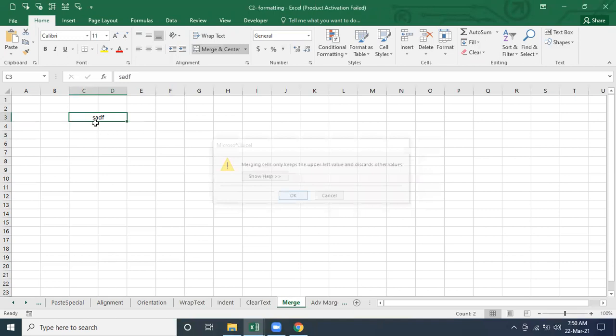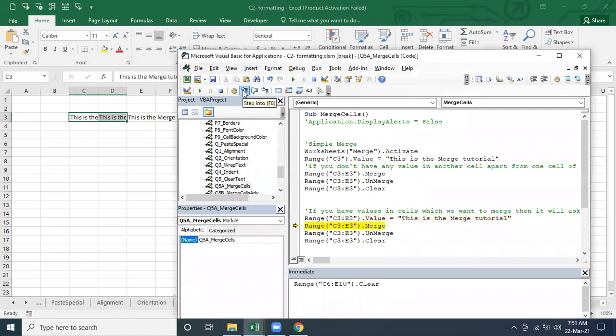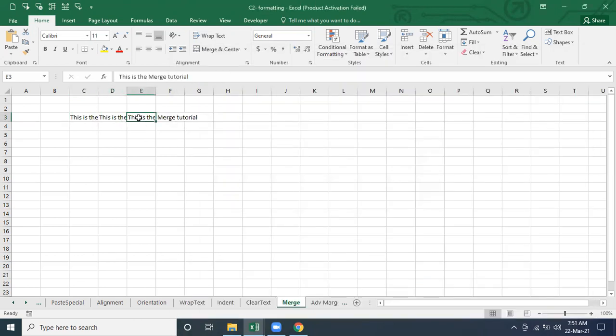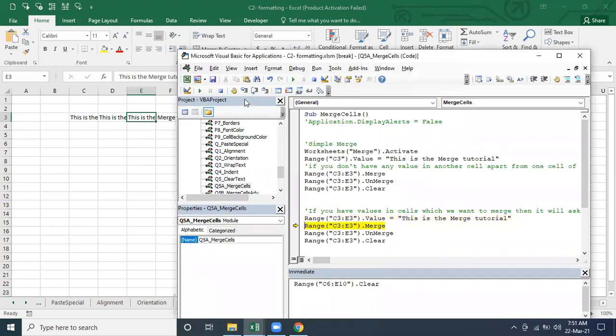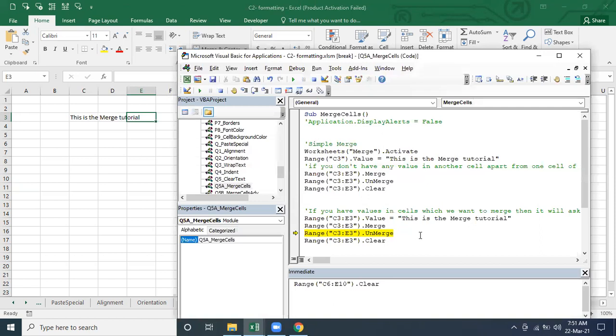So I'm going to agree. Just see, if the same things happen in VBA, then what do we have to do? It should ask. Now I pass the value to this cell, this cell, and this cell. So there are values, right? Now I'm going to merge C3 to E3. Let's see whether it's giving any options or not. Yes, you see. So what we have to do? We have to click on it manually, right here. Let's say if you are going to do this operation and you don't want this operation, we have to click on that option manually.